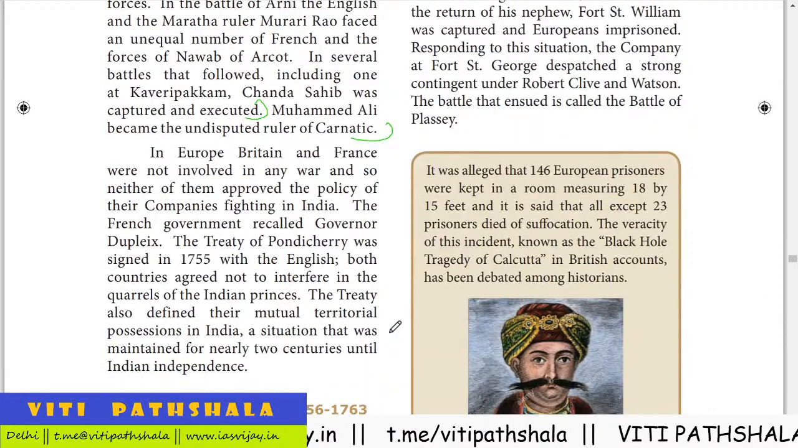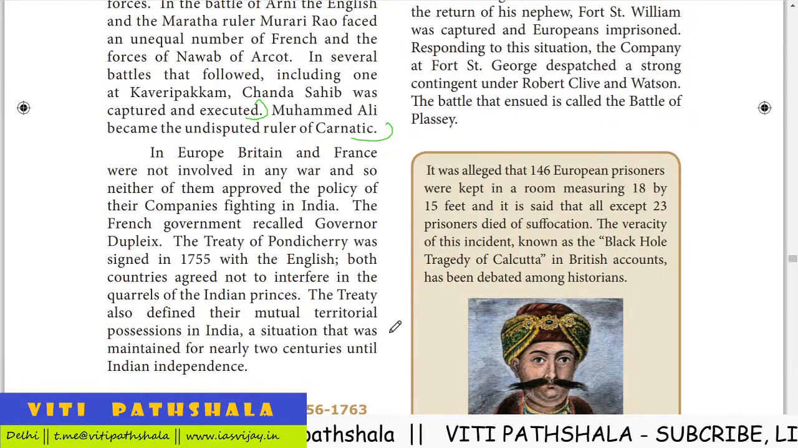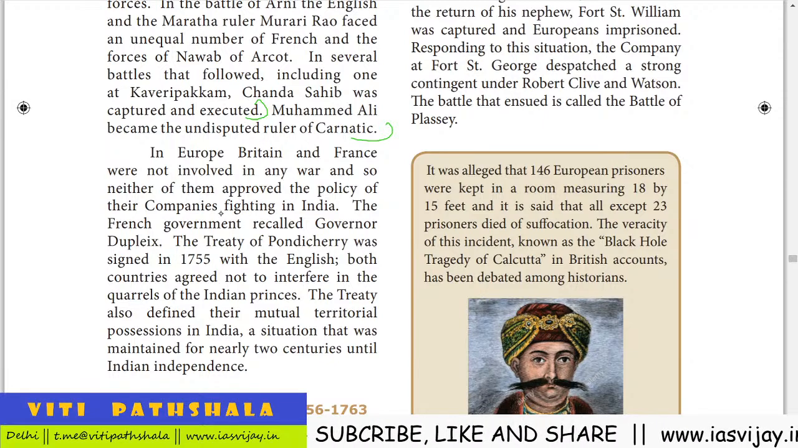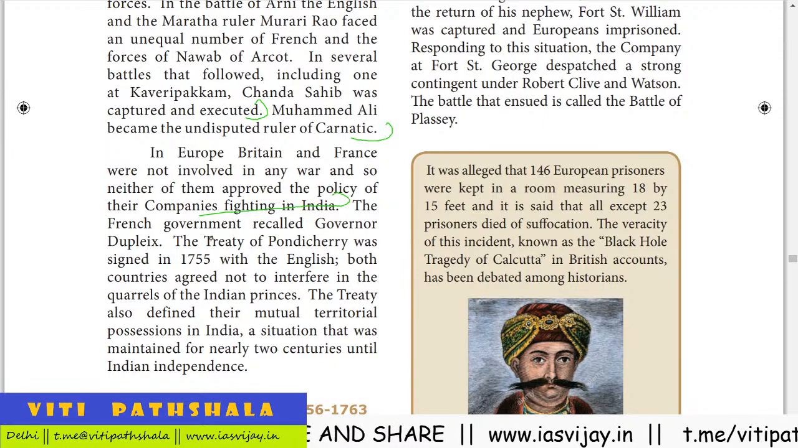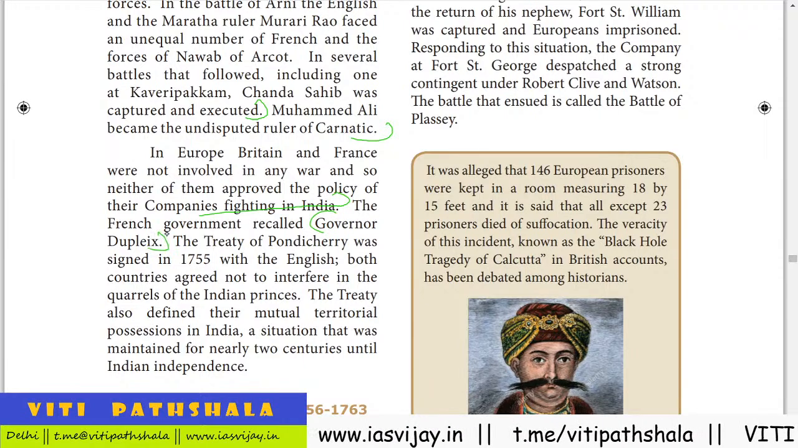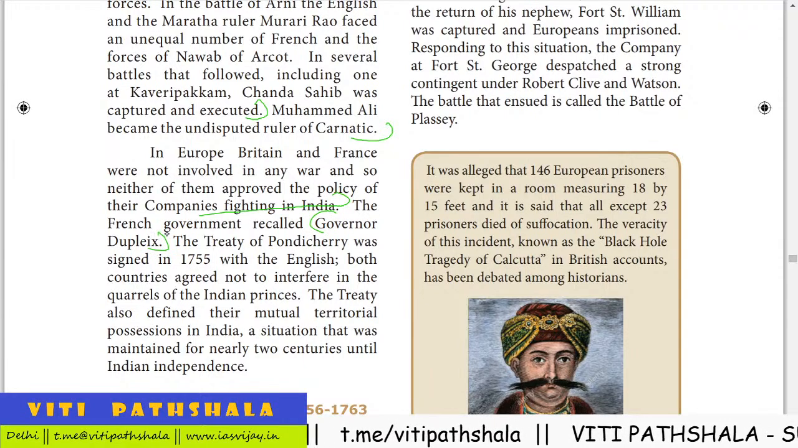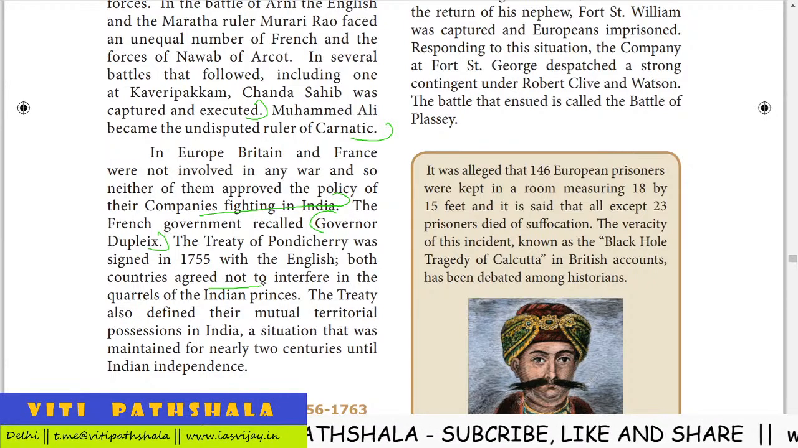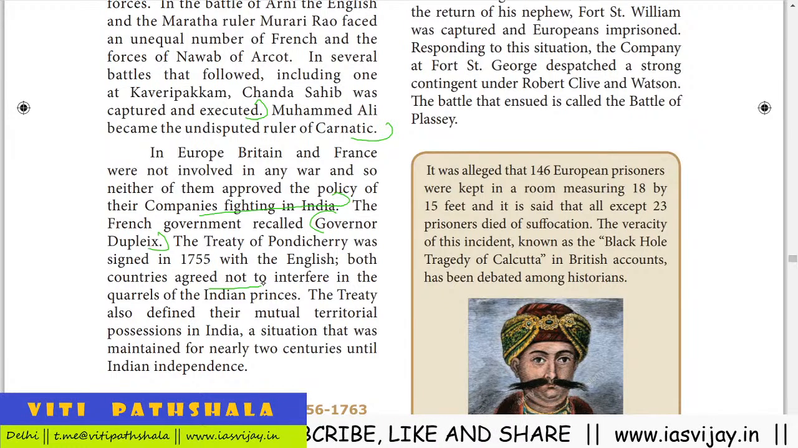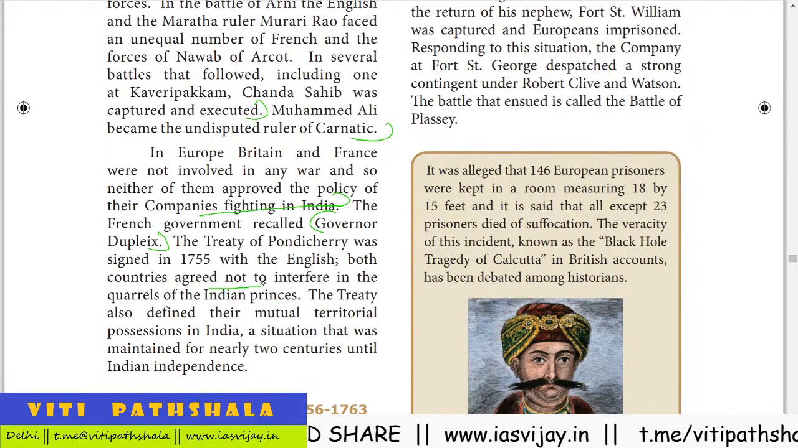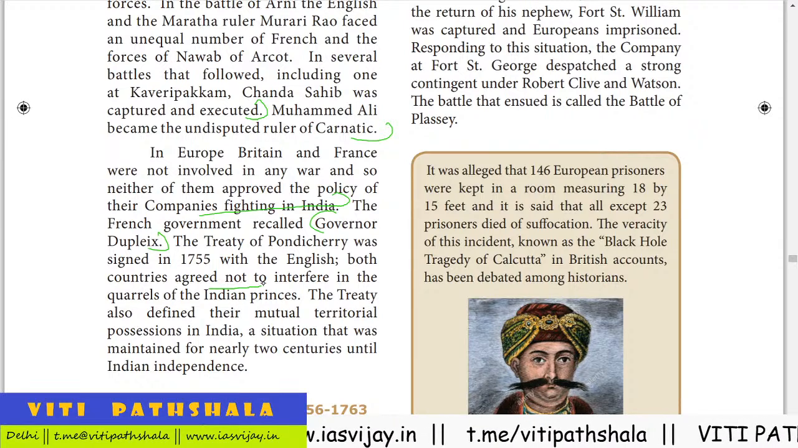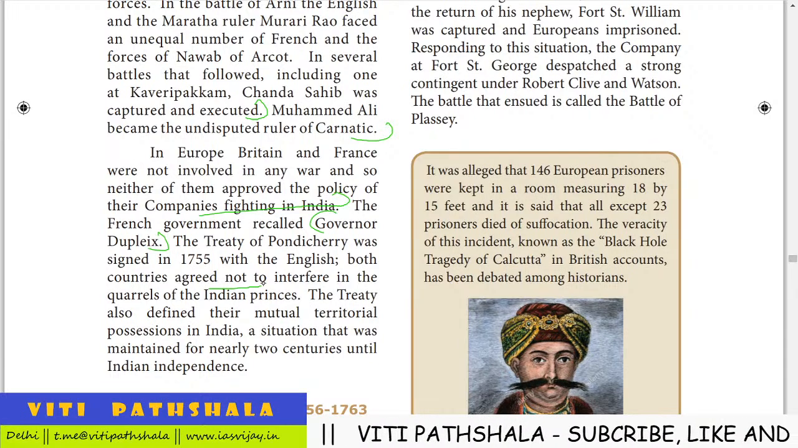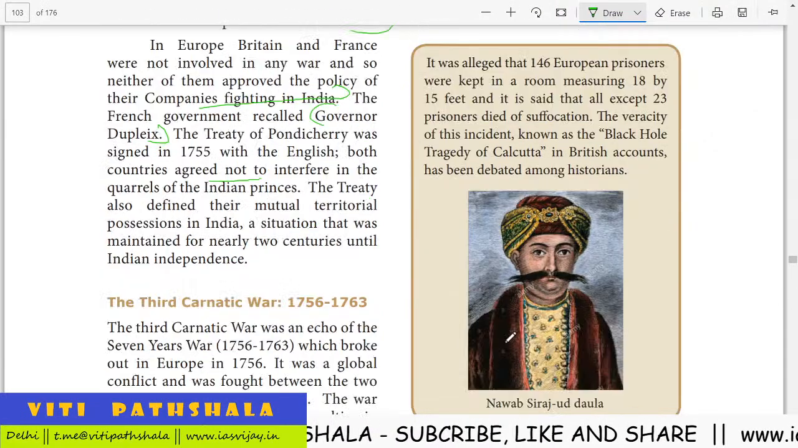Now, in Europe, Britain and France were not involved in any war, and so neither of them approved the policy of their companies fighting in India. The French government recalled the Governor Dupleix. The Treaty of Pondicherry was signed in 1755 with the English. Both countries agreed not to interfere in the quarrels of the Indian princes. The treaty also defended their mutual territorial possessions in India, a situation that was maintained for nearly 2 centuries